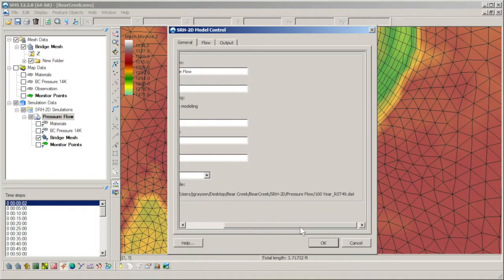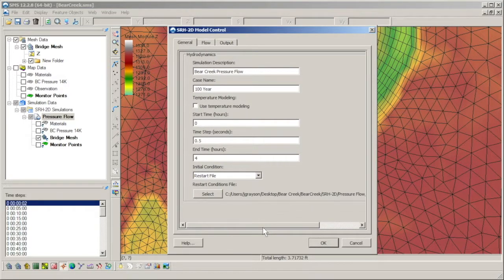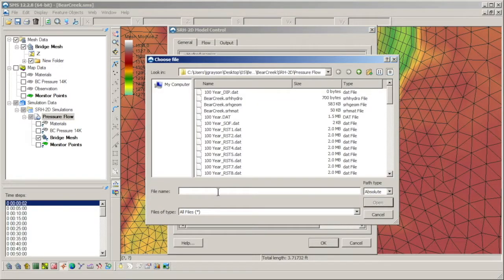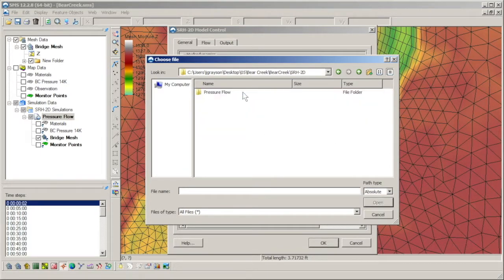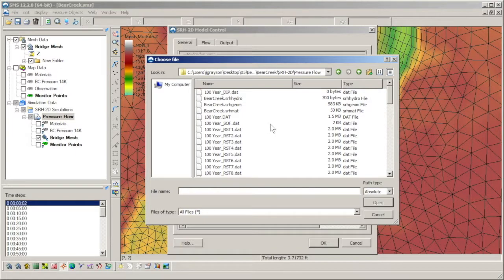SRH-2D saves out a restart file at each output interval as specified in the Output tab of the model control. One of these restart files can then be used as the initial conditions of the model. This is useful for those simulations which take a long time to run until they converge. The restart files are saved by default in the SRH-2D folder, which is found with your model files, and are